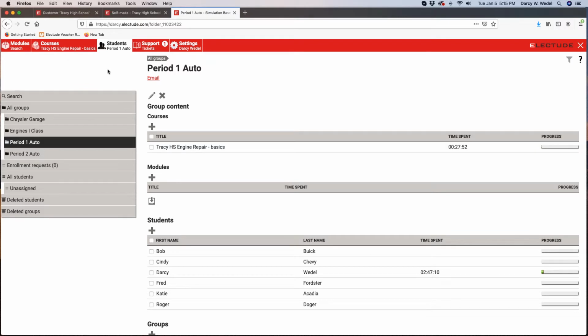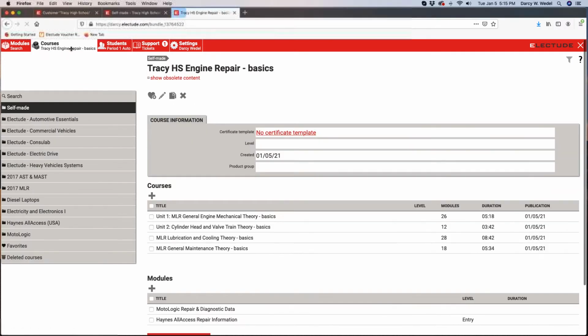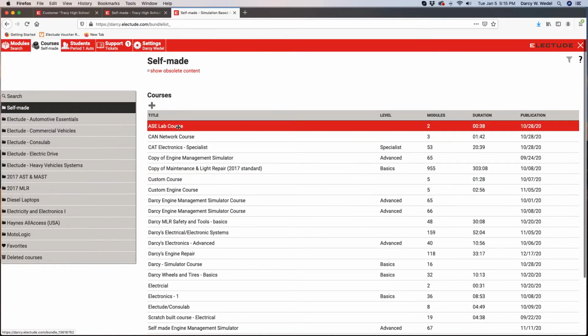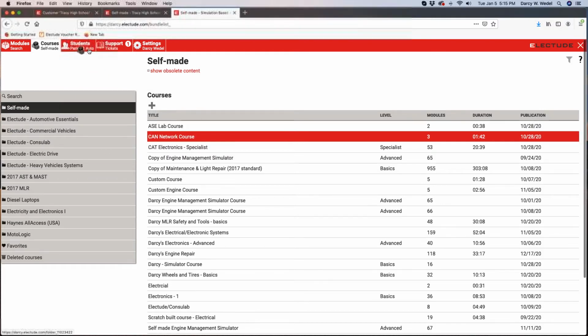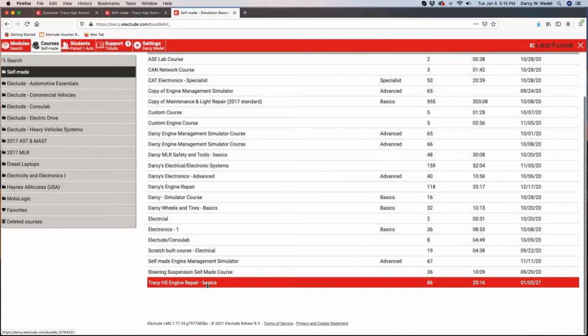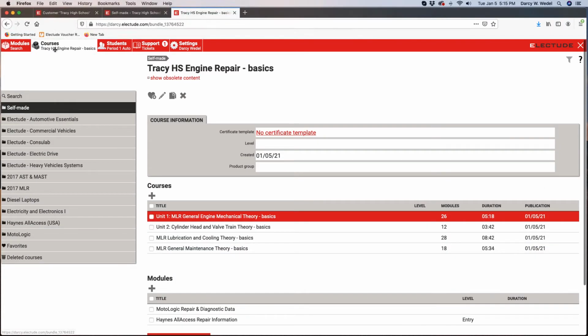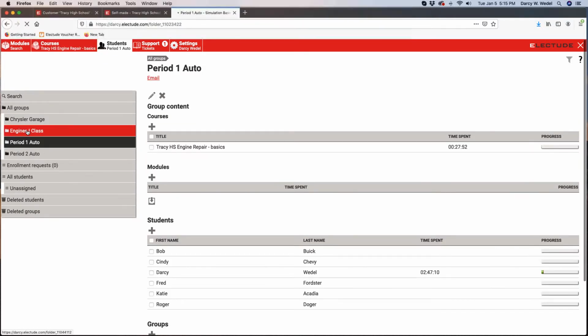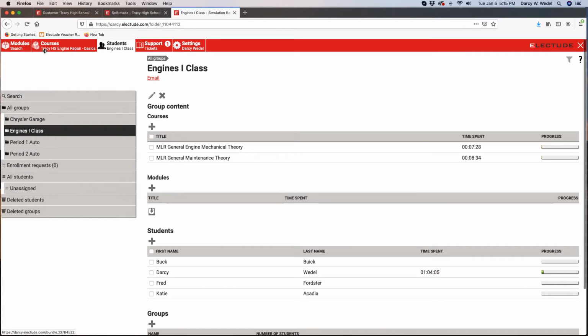Let me wipe out these courses here so we can start fresh. Okay, I'll get rid of that one too. I really like these new check boxes. That makes things a lot easier. So here's my class, and we're going to add that new course that I just built. Now, I don't want to just assign Unit 2. I want to get the whole thing in there because this is my parent course, and then there's these little sub-courses in there. So when I assign that parent course to this group of students, I then can put